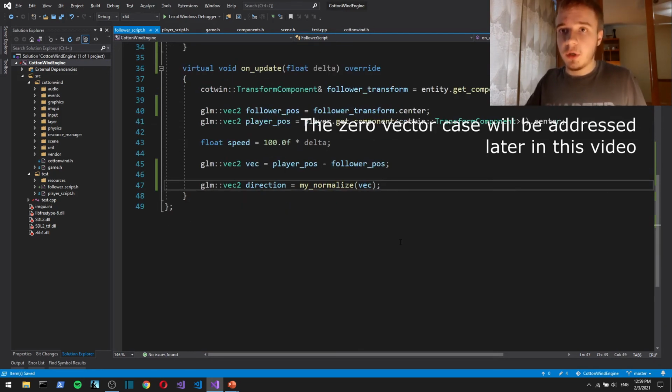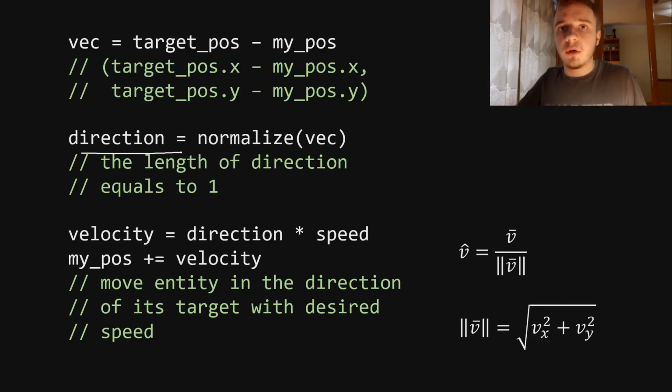So we normalize and get the direction. Now let's calculate the velocity.